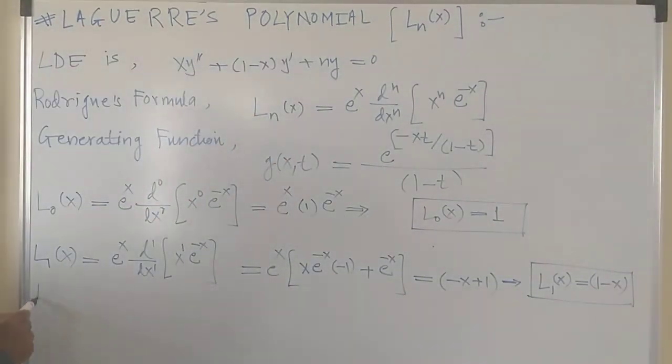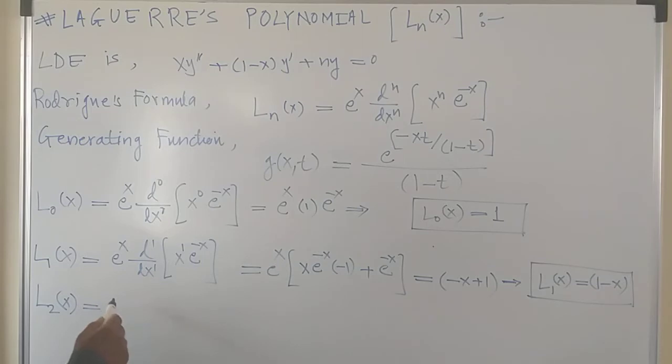Similarly, let us obtain the L2, and the next few polynomials you can obtain later on. This is the practice for you. First next few, that means L3, L4, L5 at least, up to L6 you can obtain at home.